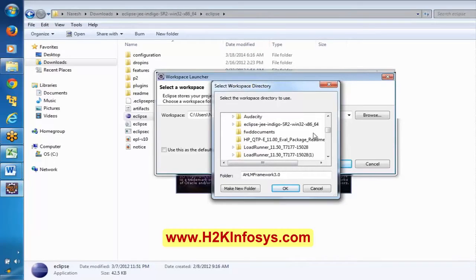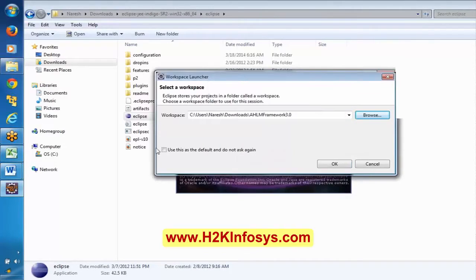If you want to save your scripts in the C drive or D drive, go and select the particular folder and save over there. As of now, in this case, I am selecting this particular folder. Now click on OK.